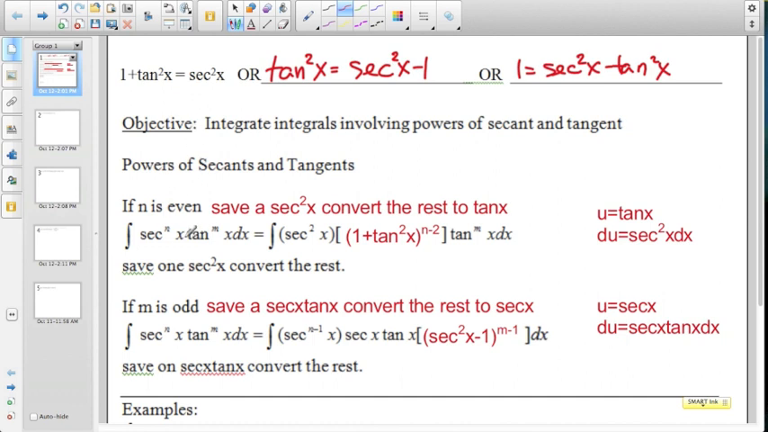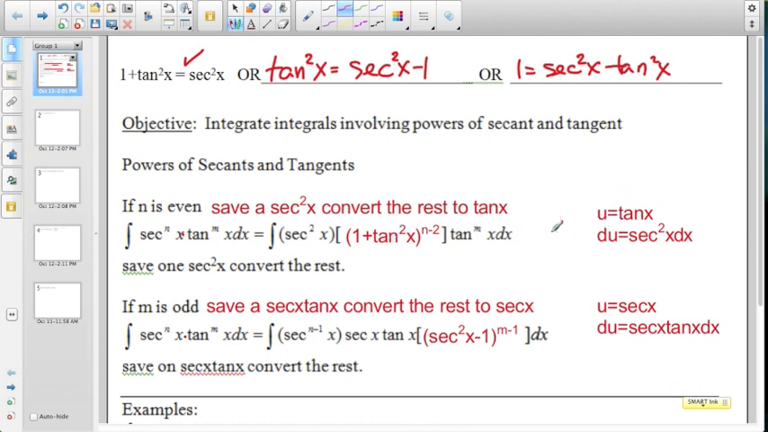When we're talking about integrating the product of secants and tangents, we have two rules here, and these rules are pretty interchangeable. The first rule says if we have a secant and the power on the secant is even, then we save a secant squared. So we're saving 2 of these powers, and the rest is going to be the power minus 2, which is still an even power, and so we can then use this identity to convert those to tangents and then do a u sub